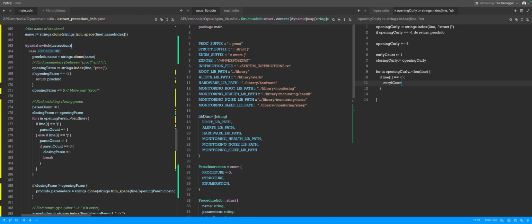Curly equal. Equals. Equals one. Then within that,